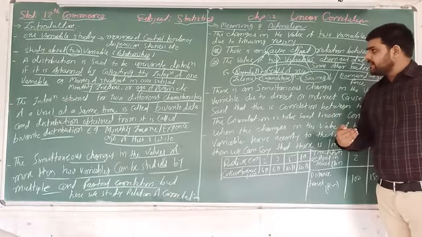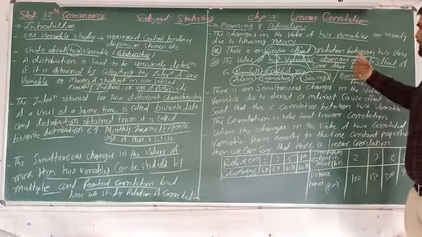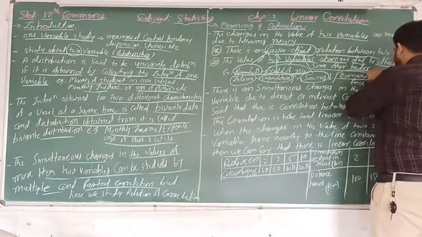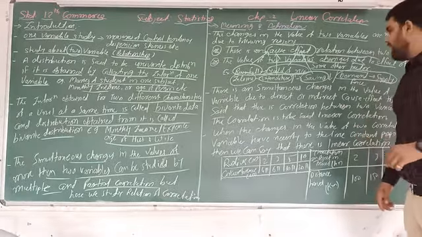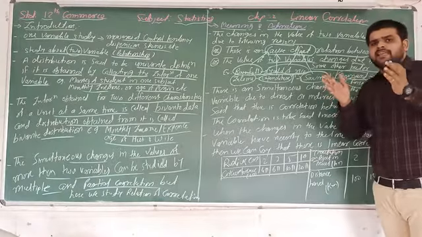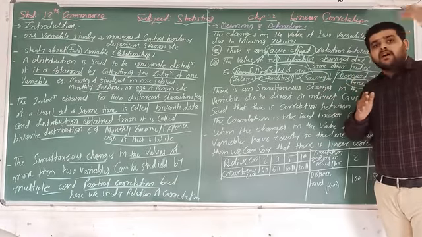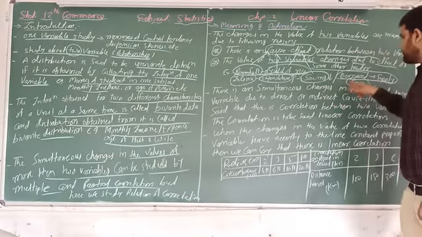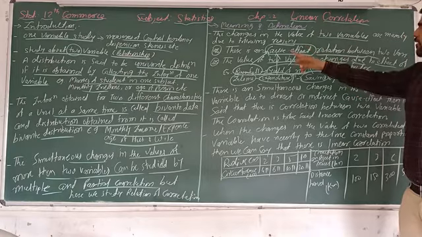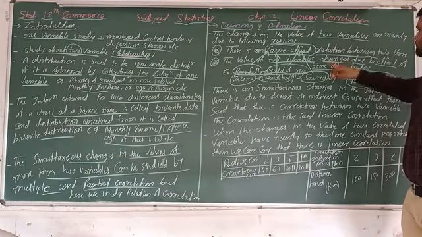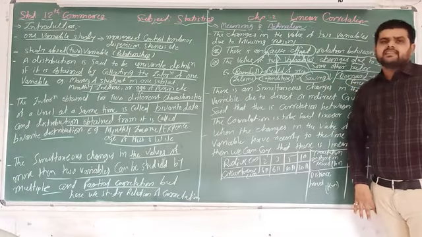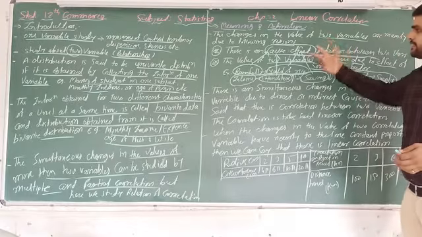And in the second one, the values of two variables change due to the effect of other factors. For example, demand and supply. As we know, demand and supply are totally based on price. So the two variables change but do not depend on each other. They depend on some other factor. That is why it is called the values of two variables changing due to the effect of some other factor. If there is a change in price, demand and supply change. So this is the relationship between the two.